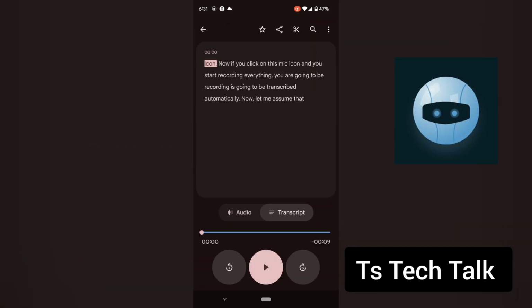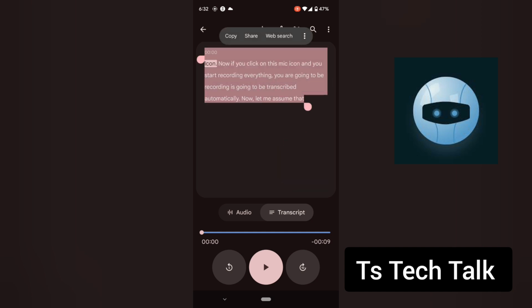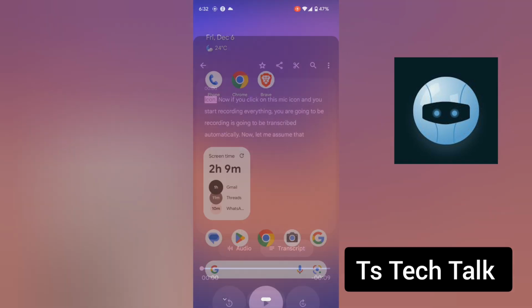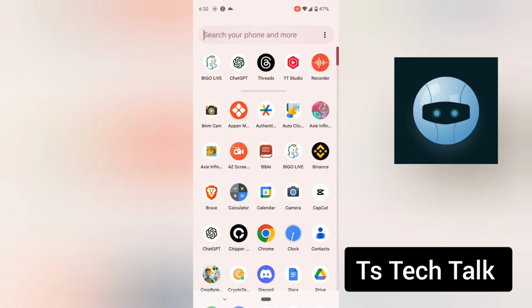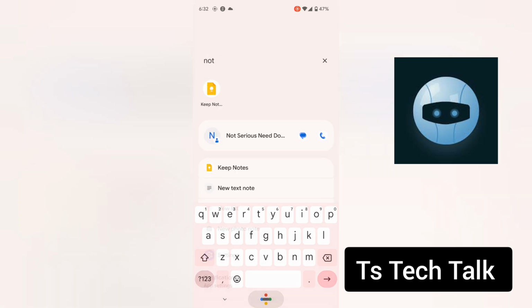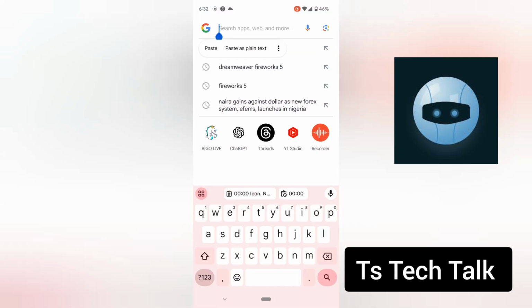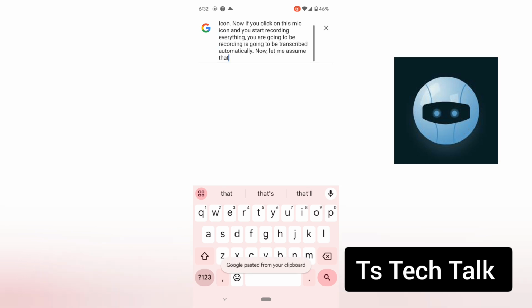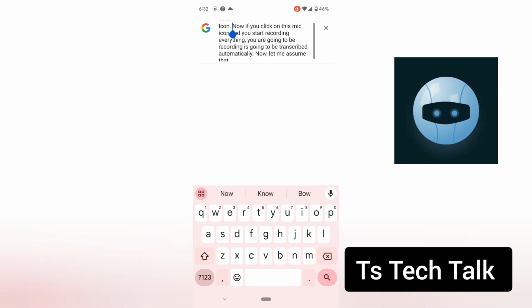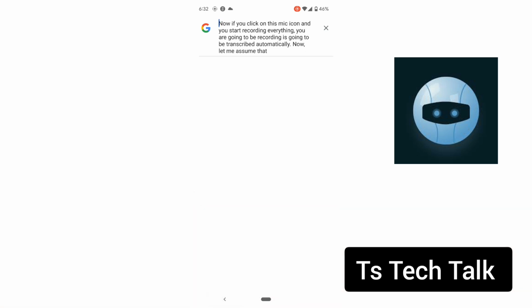So now if you have all of this, you can click on it, select everything, and copy it out. Then you go to, let's say, any notepad. I don't think I have any notepad on my device. Okay, there is a note. So just go to any notepad or any typing area and paste it. When you paste this, you can convert it to anything, or you just have a note and save it. So this is how you transcribe on your mobile,